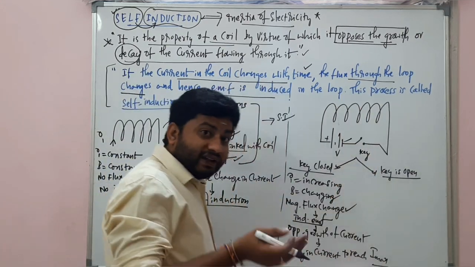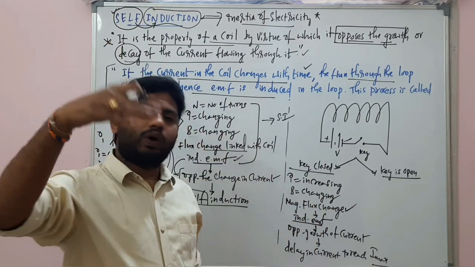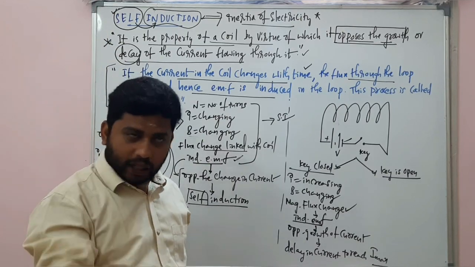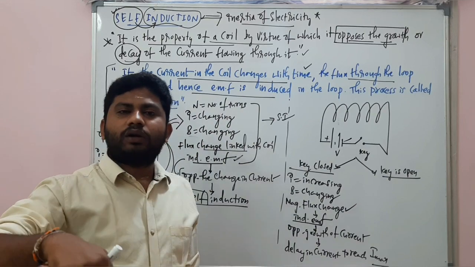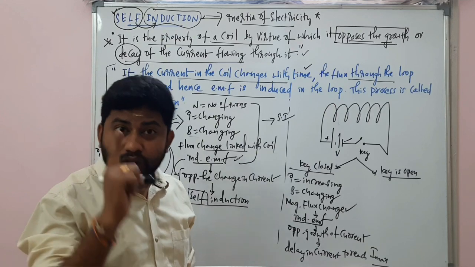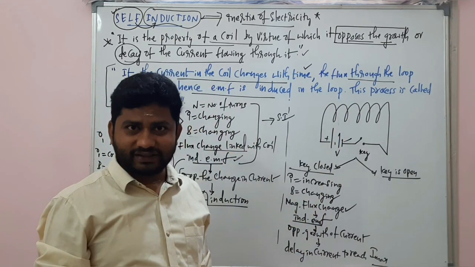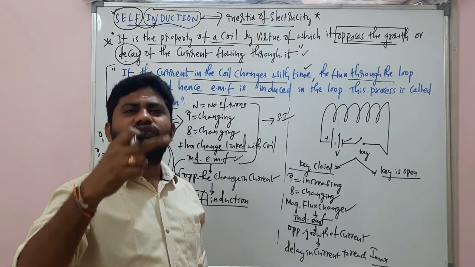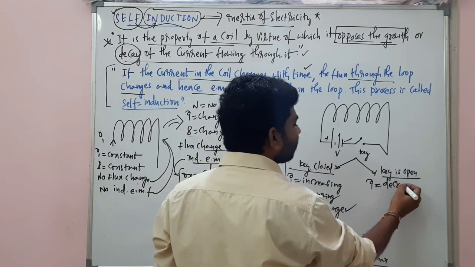Now look at this, when the key is opened. The current has finally reached the maximum value. Imagine whatever the maximum may be, the current has reached it. Now the key is opened. Immediately the current value will not become 0, because this is not a straight wire, again I am telling you. The current value will not immediately come to rest, to 0 or a minimum value. Slowly the current value reduces. So the current value is decreasing here.